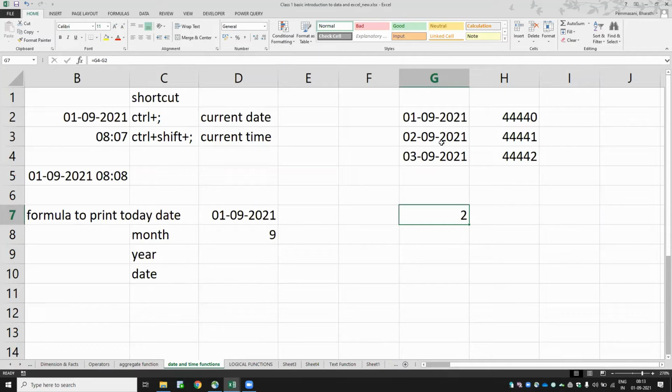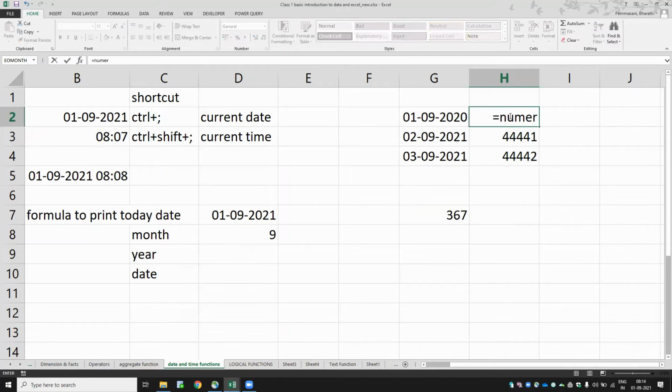So similarly, if my date, so you are considering this way, the system will do 03 minus 01, which is 02, but that is not the correct thing. Suppose consider this one as 2020. So it is not doing 03 minus 01. It is calculating in numbers, equal to the number value of this one. So see here,